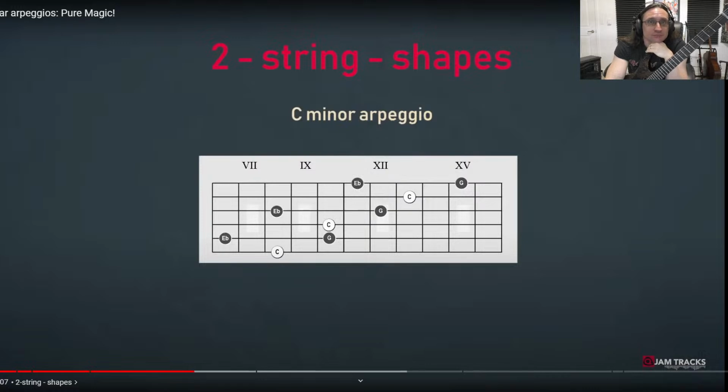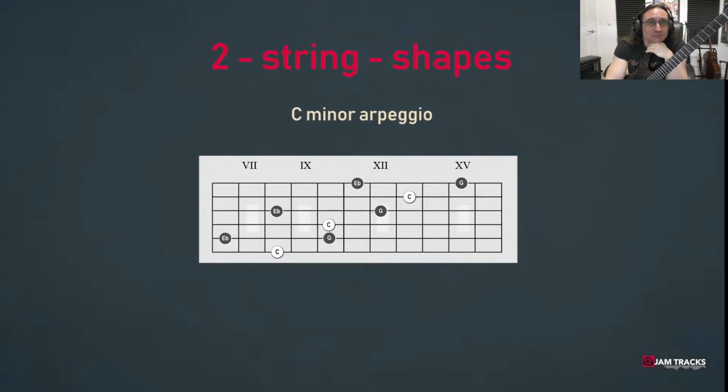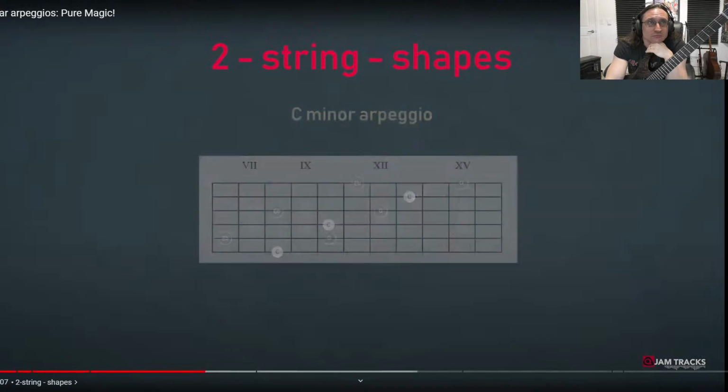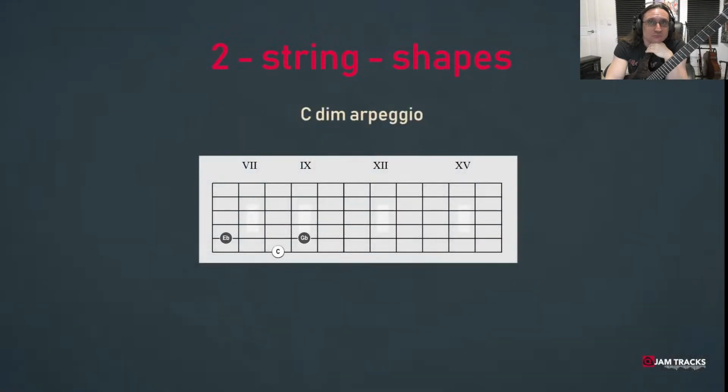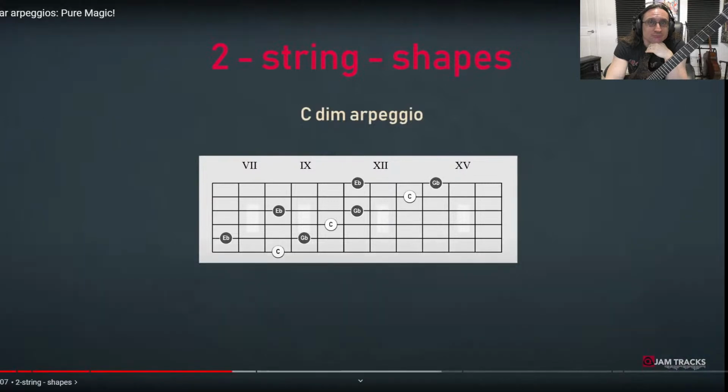Again, we find ourselves playing such a nice and easy to remember pattern for this minor arpeggio. The last one is the diminished shape and looks like this. We will repeat this shape over the neck, and again we have a super easy pattern which can be copied and pasted in the next octaves. C, E flat, G flat, and C, E flat, G flat.